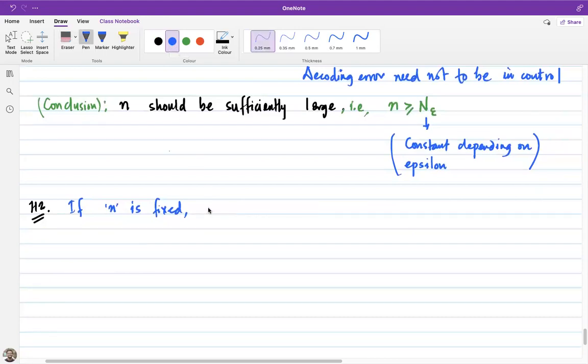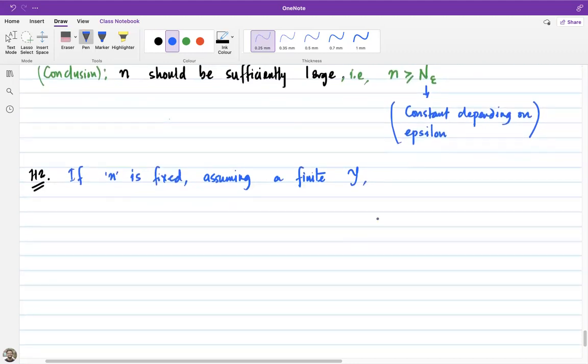If n is fixed, assuming a finite output space y, the number of messages that can be transmitted